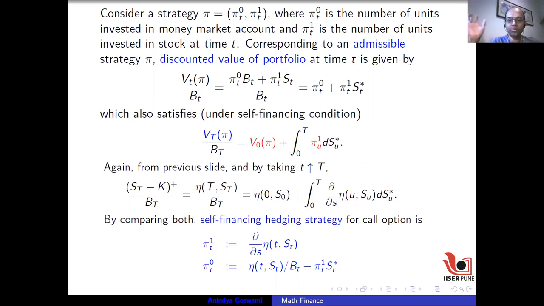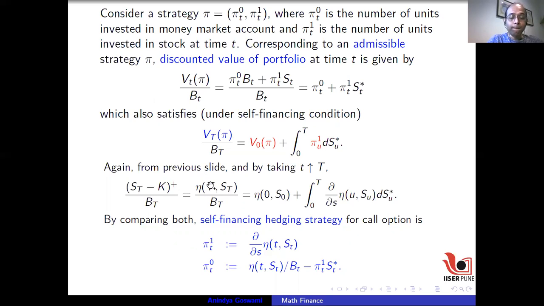All this non-negativity property, everything is there. So here you have this initial thing, and that function eta, if you take ∂/∂S of that, the partial derivative of first order with respect to the second variable, you get another function, and that function you evaluate at the point (u, S_u), you get a stochastic process. So you get some stochastic process, and then if you integrate that, what you get is